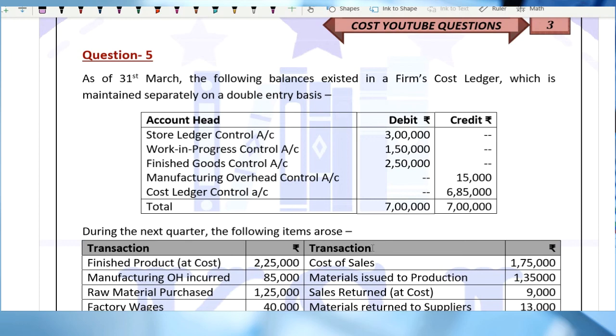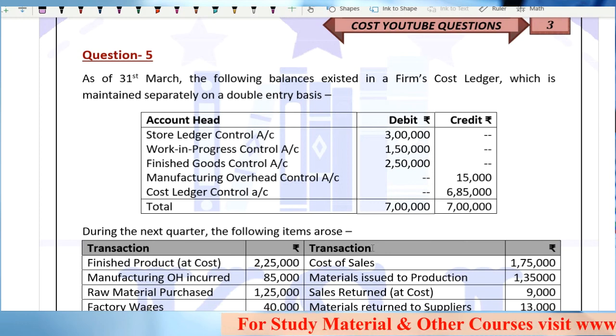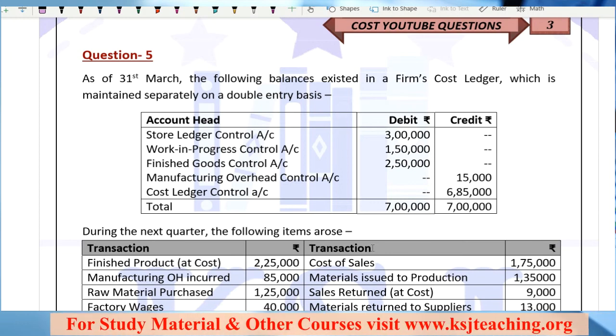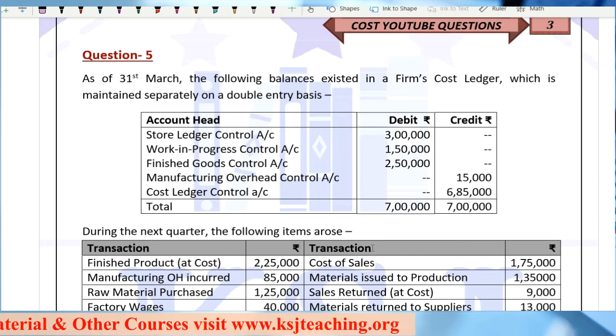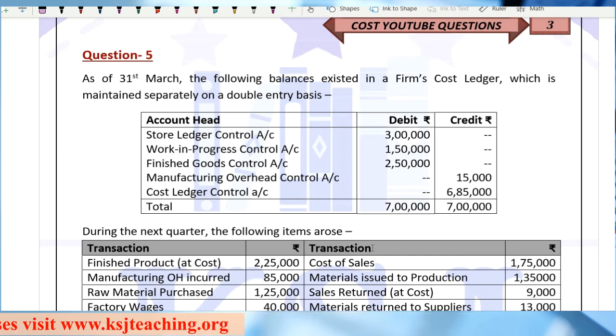So let's continue with our discussion on the cost accounting systems, or what we call cost bookkeeping. In that we were discussing the non-integrated system. The conceptual part of the non-integrated system is complete. We have discussed all the journal entries, that is, the treatment of the various items with regard to material, labor, overheads and finished goods. We divided the non-integrated bookkeeping into four parts: material, labor, overheads and finished goods, and we have already discussed everything related to that.